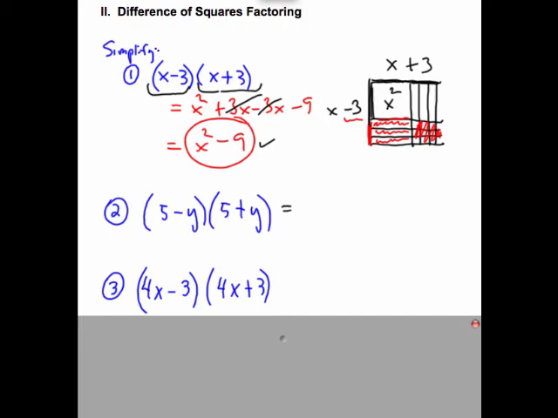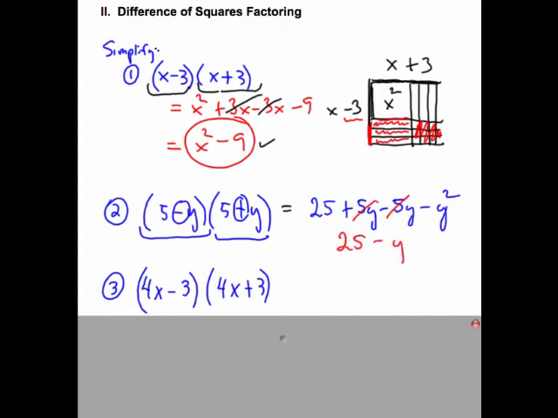Okay, and the reason it's doing that, I'm sure you figured out, is the fact that the two terms are identical except for the sign in the middle. First, outside, inside, last, the outer and the inner cancel out, and you're left with two terms with a subtraction sign in between. Alright? So if you notice the pattern where you have two identical binomials except for the middle sign is opposite, you can simply square the first terms, 16x squared. You know, having done this, that the outside and the inside will cancel out, and then multiplying the last terms